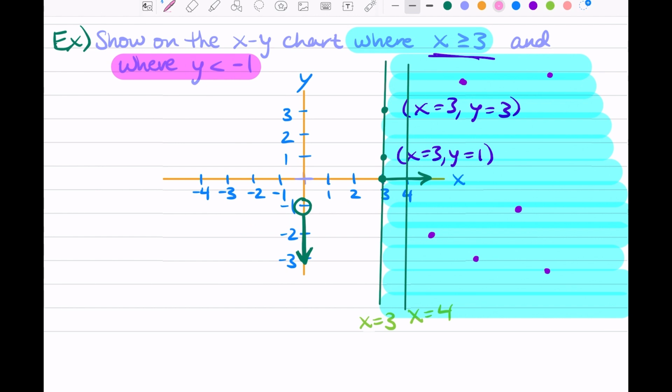However, pick a point. Pick a point right here. What is that point? What is the coordinate for that point? Well, that would be x equals -2, y equals -2. Well, doesn't that point satisfy our y is less than -1? It does. So taking this idea, just as we did with the x's, you can think of any point on this line